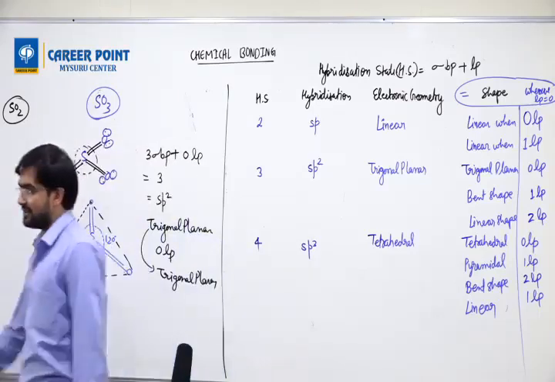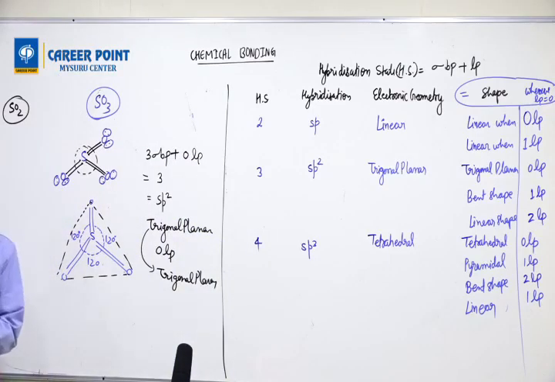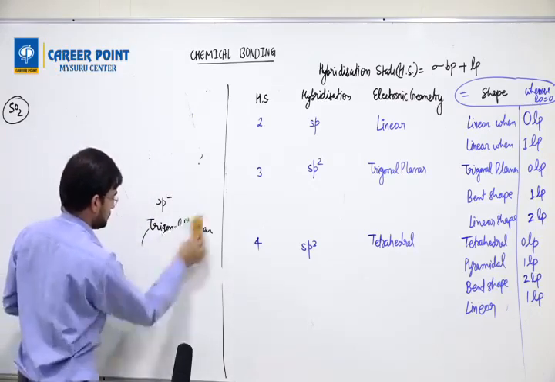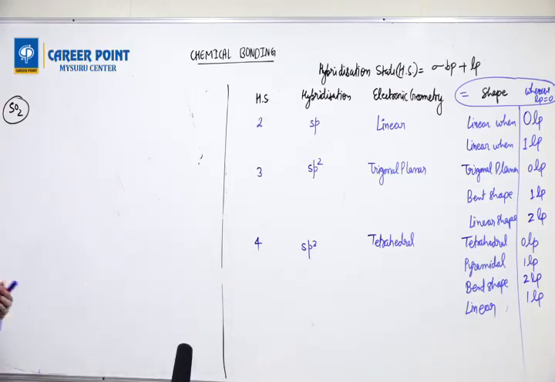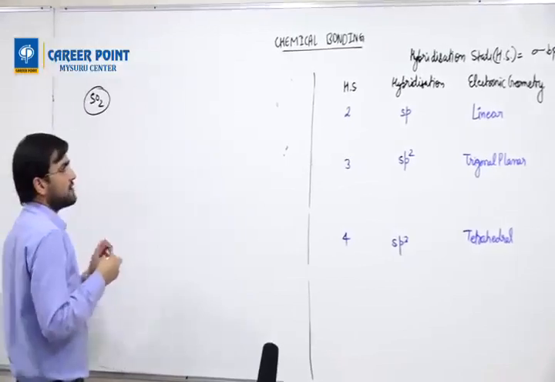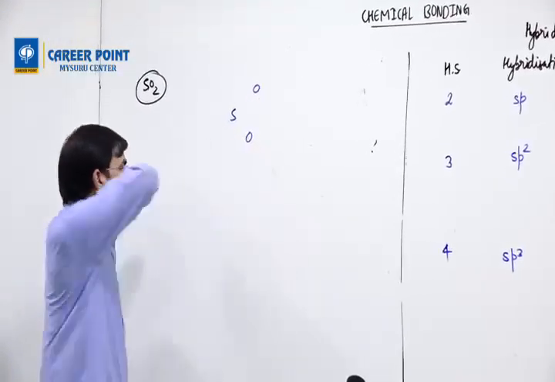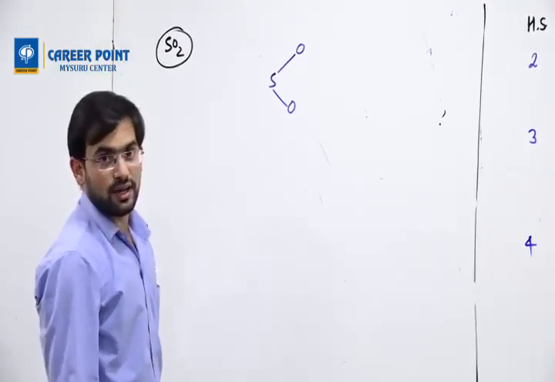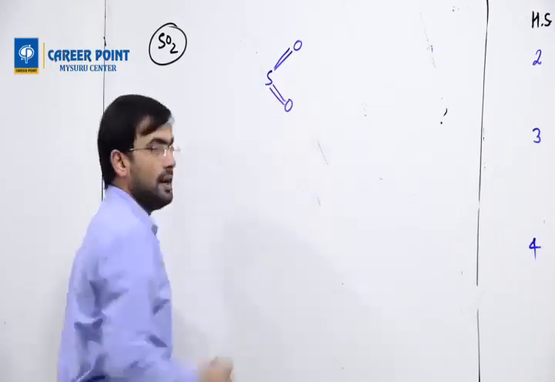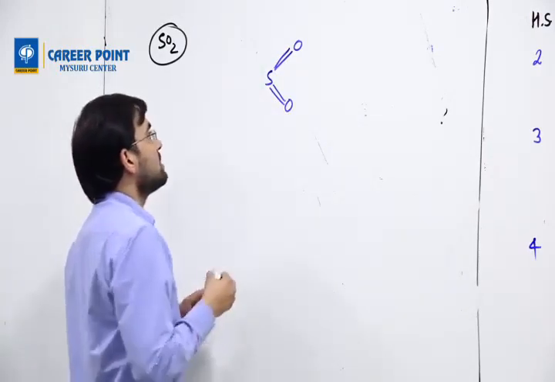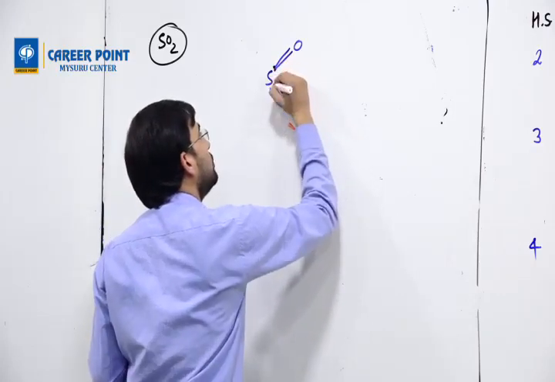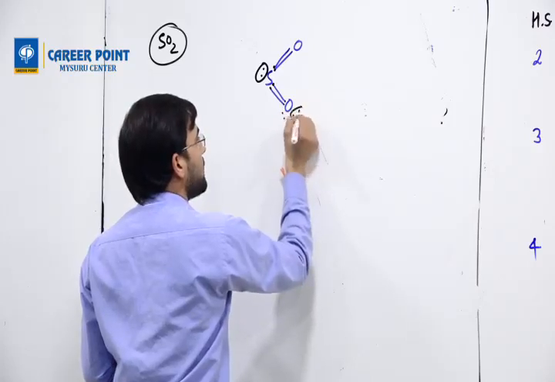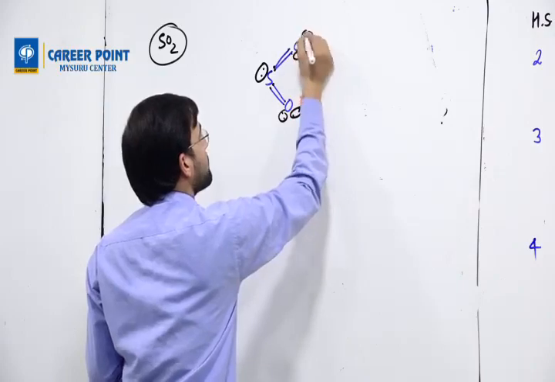Okay, so I will solve this also then. I'll erase this. Okay, so we have SO2. To draw SO2: sulfur, 2 oxygen. First I have to join them. But then oxygen's valency is 2, so one more line. Then we'll talk about pairs. So sulfur has 6 electrons: 1, 2, 3, 4, 5, 6. Oxygen 1, 2, 3, 4, 5, 6. Again 1, 2, 3, 4, 5, 6.